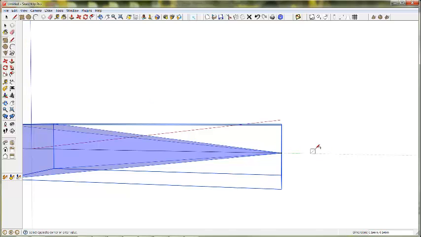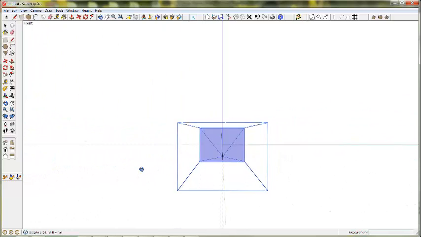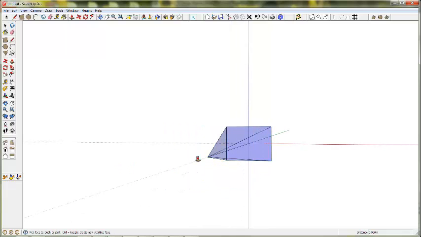Next thing I like to do is then also add a little box here, which will represent the camera itself, right? So I just basically draw the rectangle, and same process as before. I'm going to rotate it a bit here, select that face again, and then use my push-pull tool and extrude it a bit to make a shape. I'm not too concerned whether or not it's maybe an oversized camera or really reflects. I mean, you could